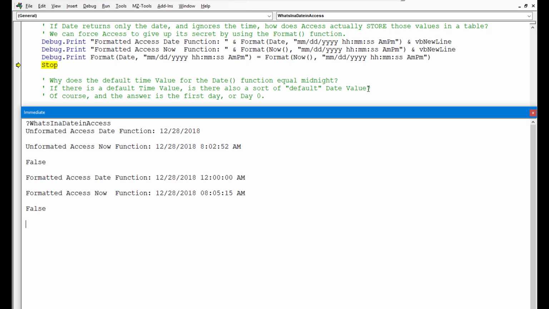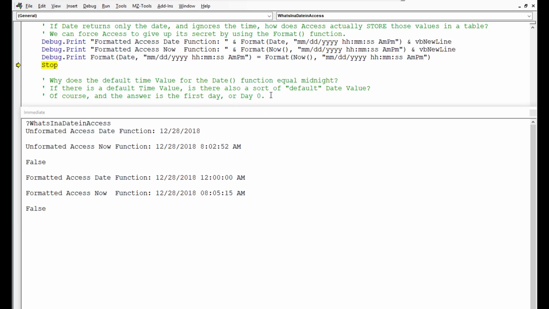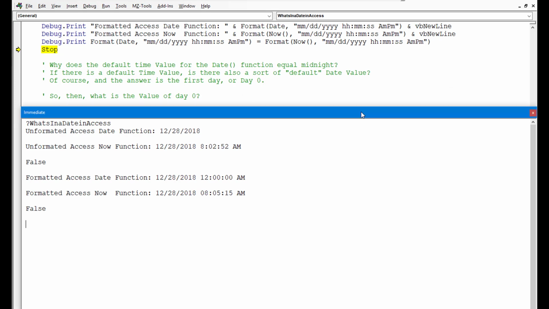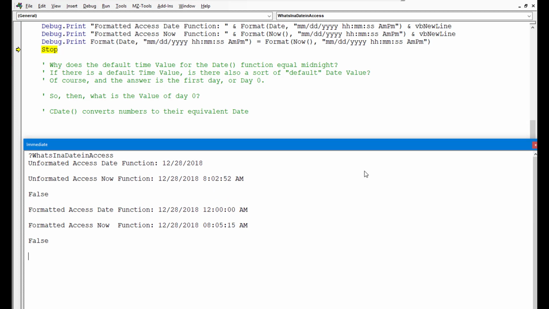So, the next question. Why does the default time value for the Date function equal midnight? And if there is a default time value, is there also a sort of default date value? And of course the answer is yes, there is a default day. It is the first day, or day 0. What do we mean by that? Let's just quickly find out by using